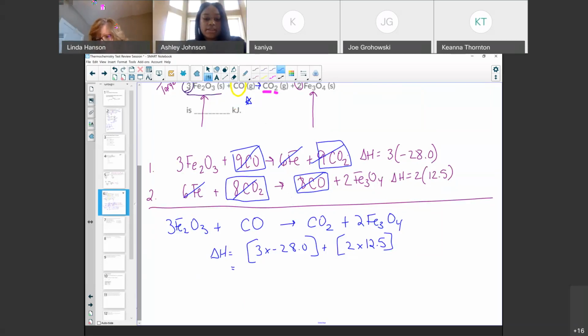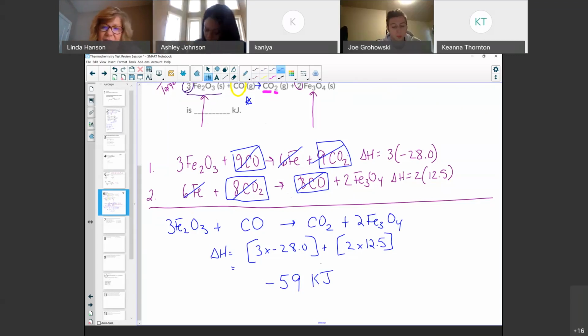So is this method the same even when we're given 3 of those elementary equations to start off with a target? Absolutely, yes. Interesting. I'm negative 59. I'm just trying to write that before, if anyone else double checked my math, I didn't. But to answer that, no matter how many elementary reactions are given, your job is to use them to build the target. But I actually love that you asked me that question, because if I may go to the next slide,